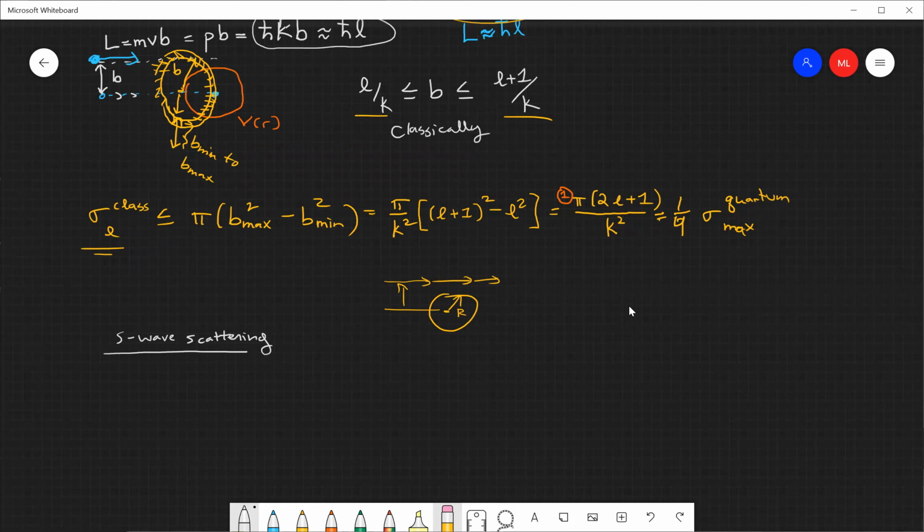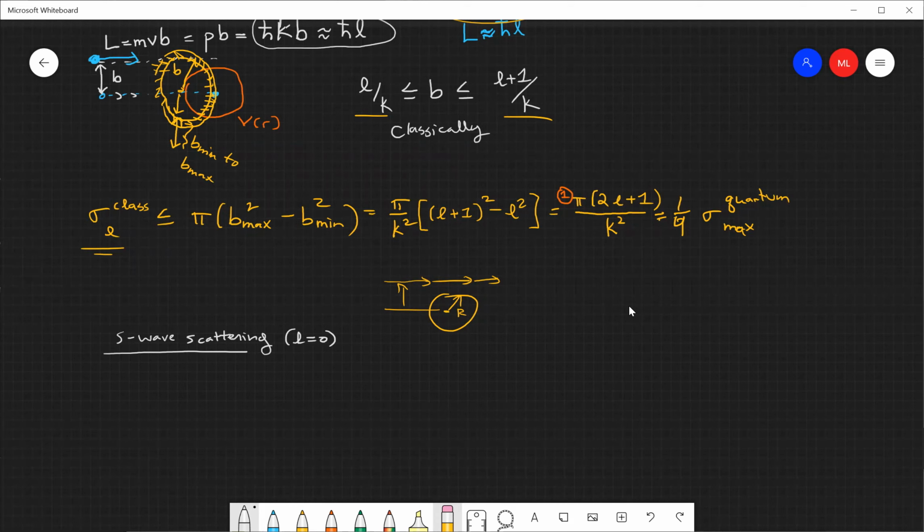You just have l equals 0, the spherical harmonic is just a constant, so everything reduces to the radial coordinate. You can solve it as you would a 1D problem. So whenever you hear the term S-wave scattering, it just means the solution is dominated by the l equals 0